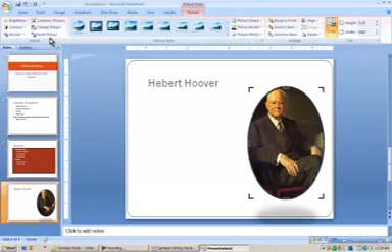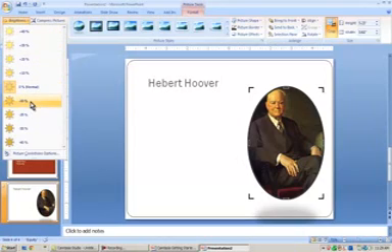And now I want to adjust the brightness. I don't think that's